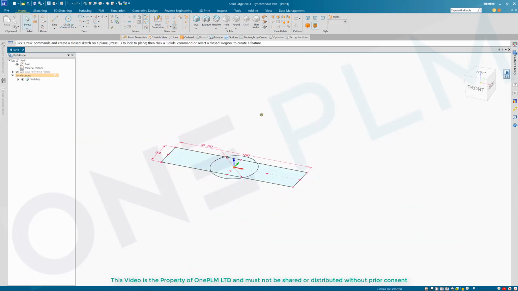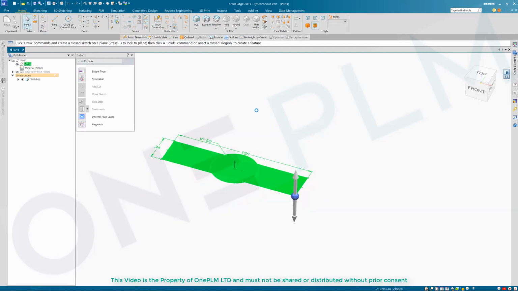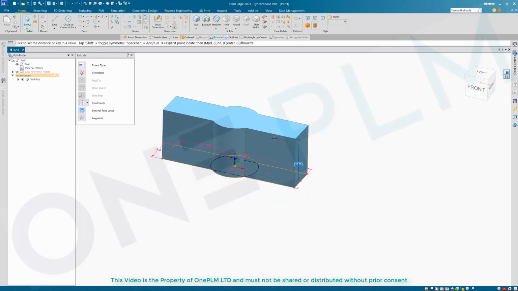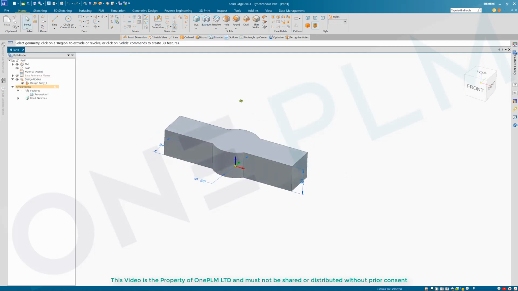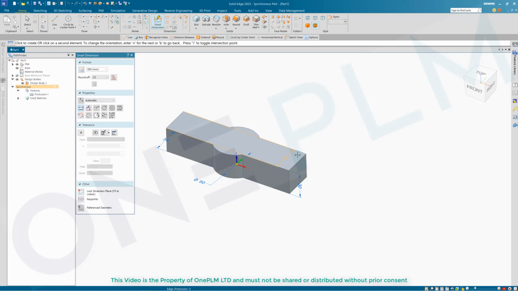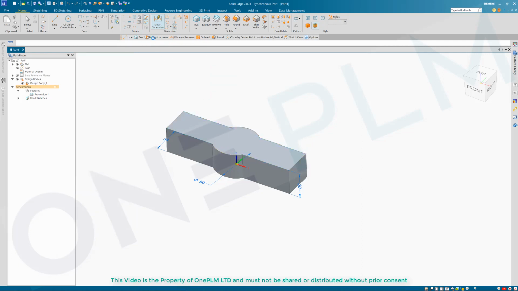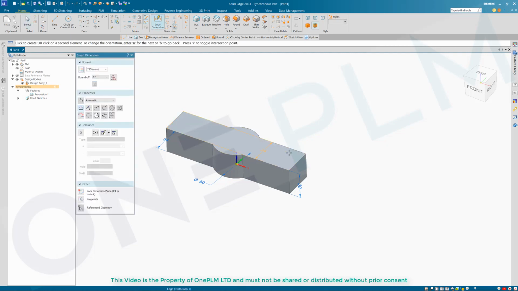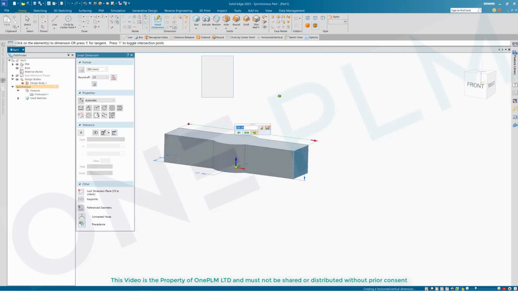I can draw my part however I want it. So I've got my part, I can then fence select, and that will allow me to extrude that to whatever size I want. For that one, I want the set sizes we want on there. These dimensions have all appeared on the model. If we want to control the model, we just place dimensions on our model as though this was just a normal sketch. So ignore that it's 3D and